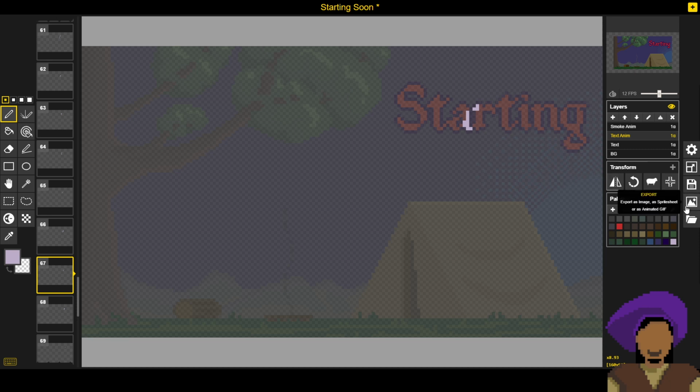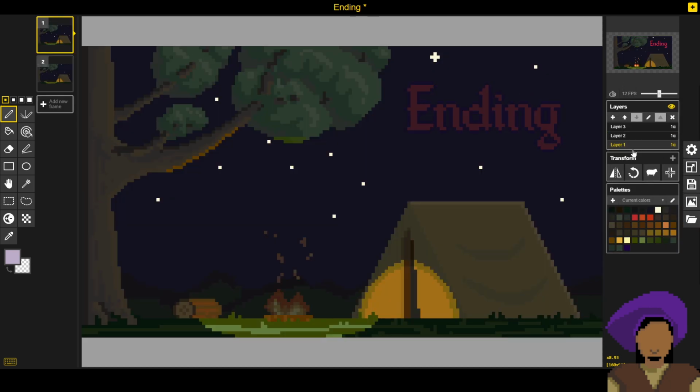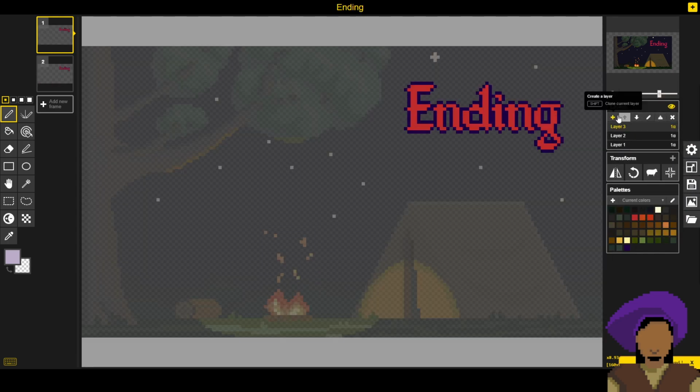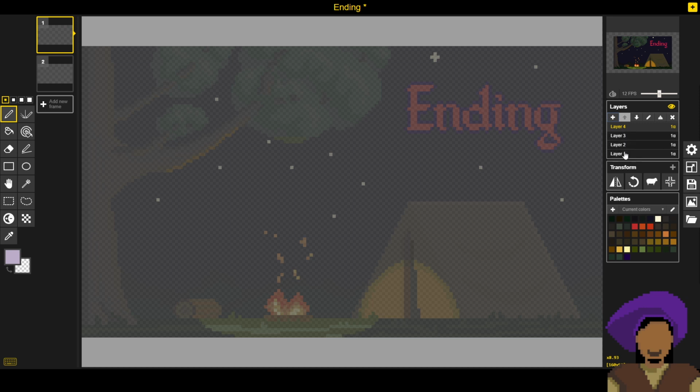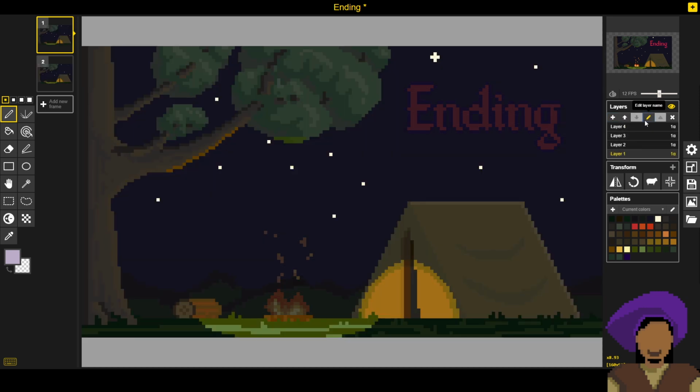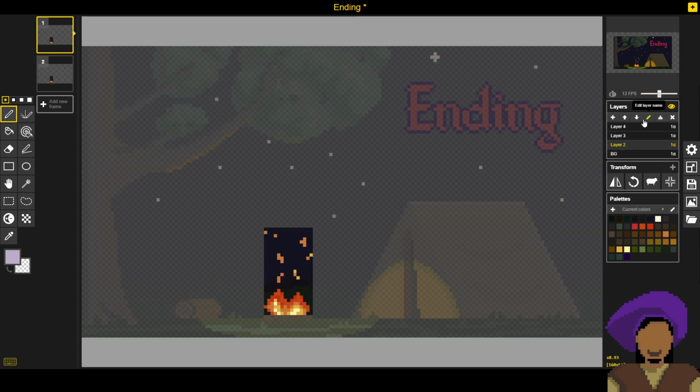This color right here. Alright, so add a new layer. And let's... Naming layers is tedious, but